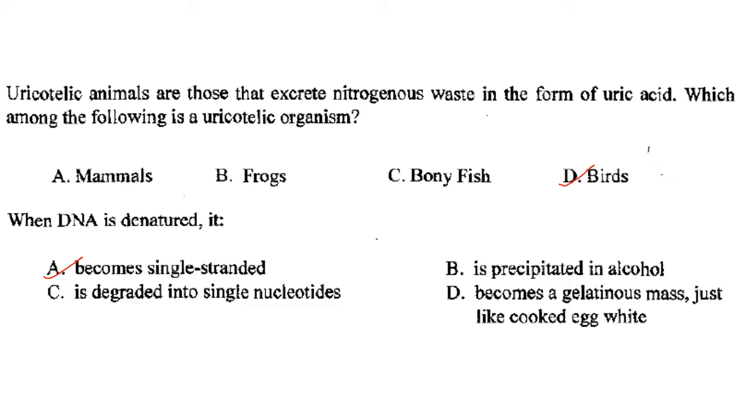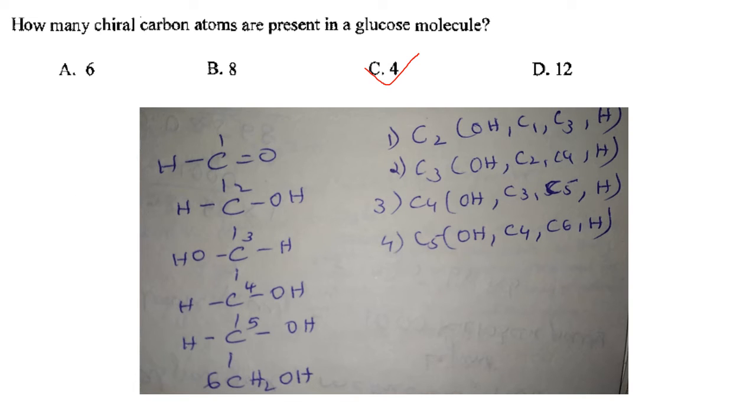When DNA is denatured, it becomes single-stranded. Answer is option A. Then how many chiral carbon atoms are present in glucose molecule? So this is the glucose molecule structure. This is C1, C2, C3, C4, C5, C6. So the number of chiral